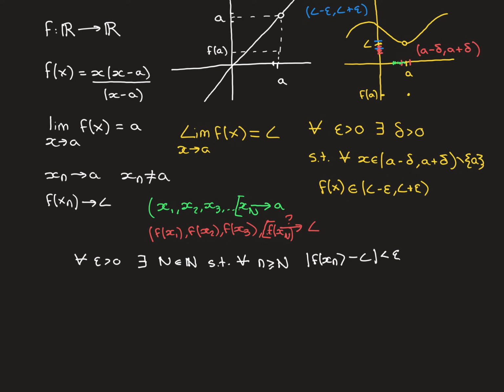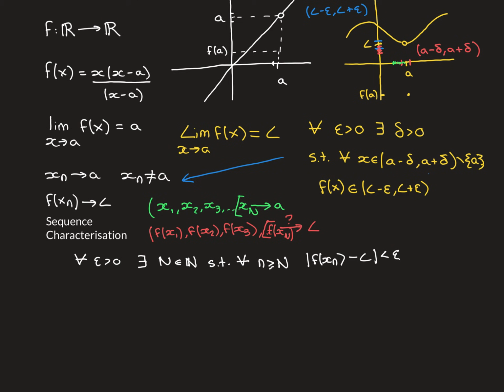So that means that that term, and indeed all the terms beyond it, because they correspond to the terms beyond x big N over here, are all going to be inside that epsilon interval around L. And you can do that for whichever epsilon you like. So that then proves that if the epsilon-delta definition is true, and you have this sequence that converges to A, then its image sequence must indeed converge to L, providing, of course, we have this assumption that none of the terms of the sequence are actually equal to A, because that would have broken the epsilon-delta definition, because A itself is not included in this definition being mapped into that epsilon interval around L.